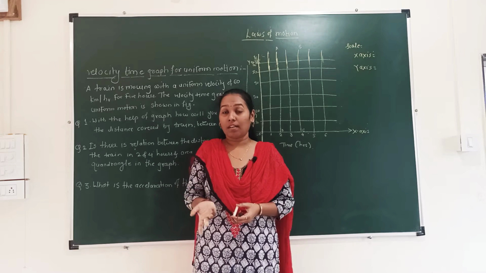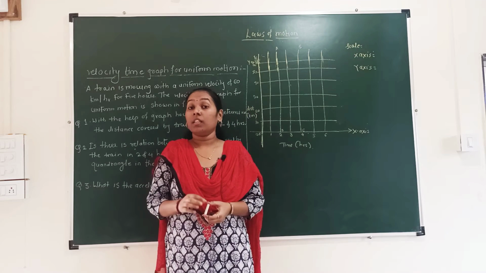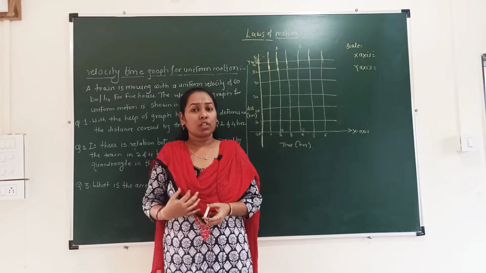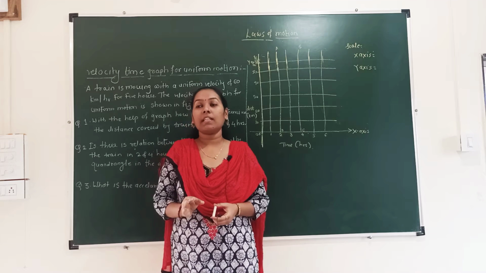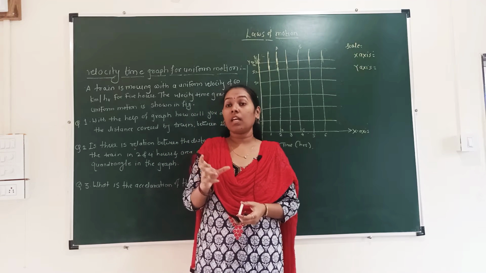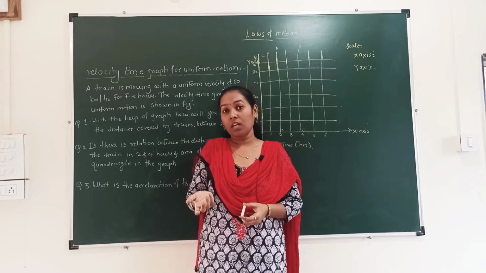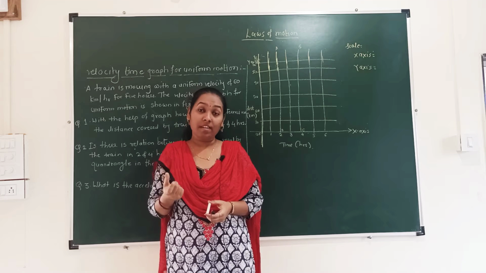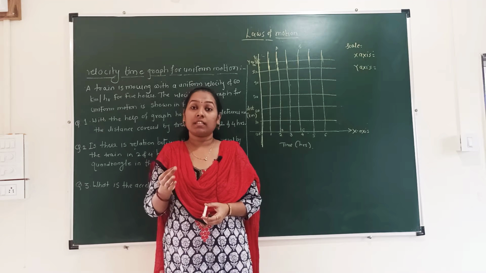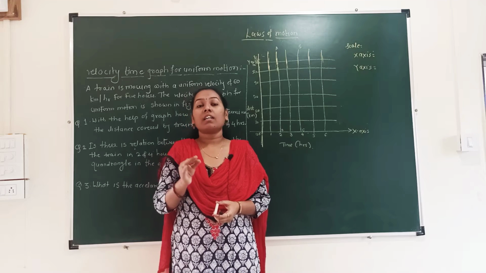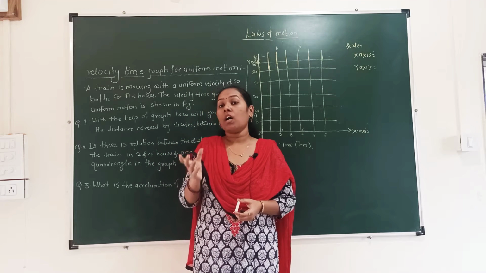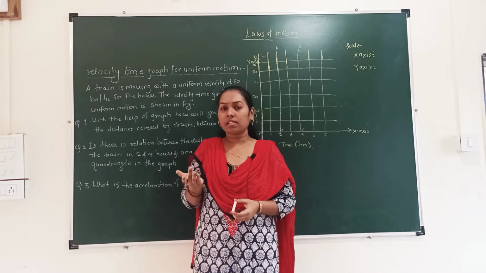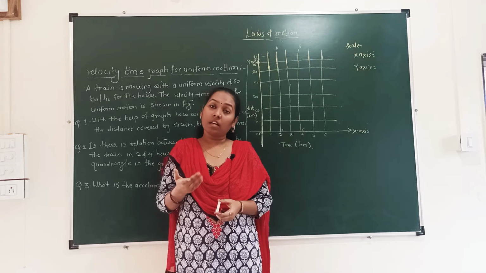In a previous video we completed the various types of graph. We saw the distance-time graph for non-uniform motion. The conclusion of that graph is that the object changes its motion in a non-uniform motion. Why? Because when we plot the graph, we obtain a curved line. That means the object is in non-uniform motion. This is what we have seen in the previous video.